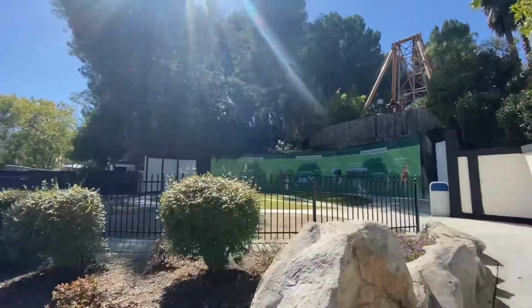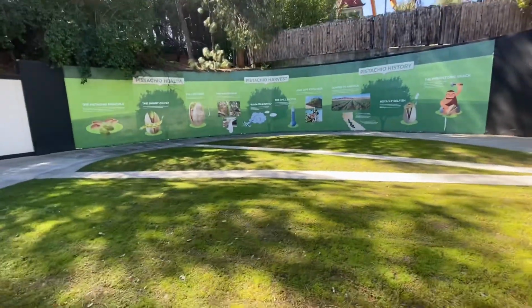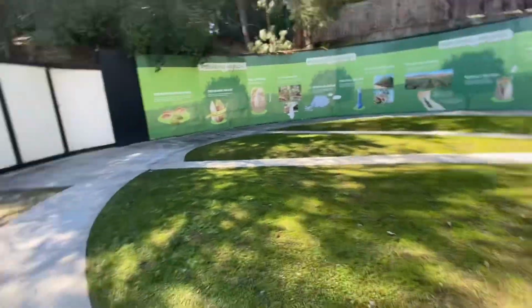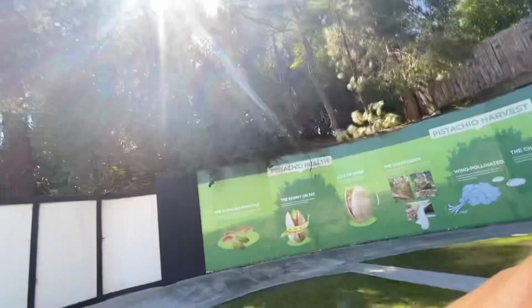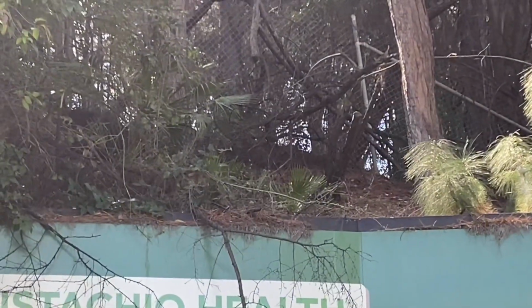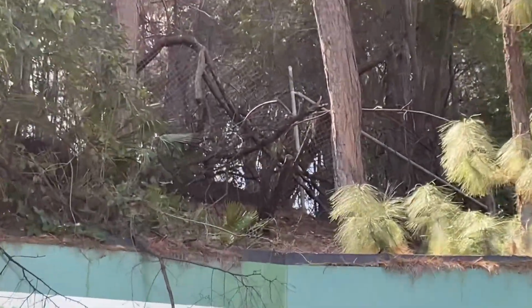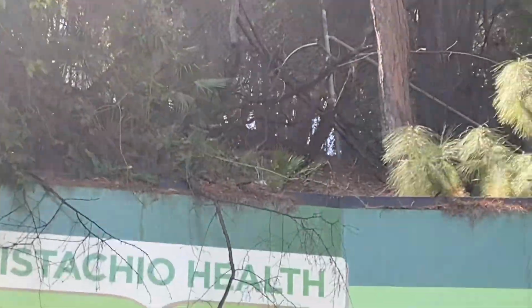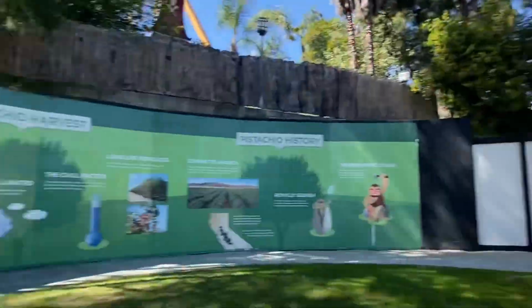But Pistachio Park still exists. Let's see if I can get any shots from here. I'm not going to go over this because I already went over this in my last video, but there's no purpose for this. One good thing, though, is that I can get some good views of possible stuff. If there's any markers in there, comment down below if you see any markers up there. I don't know if that fence is new or not. Kind of looks like it is. Whistle stop train just scared me. But yeah, doesn't look like there's anything, but